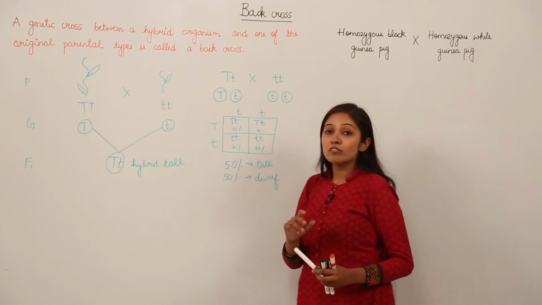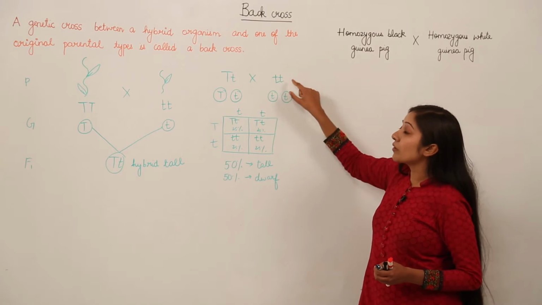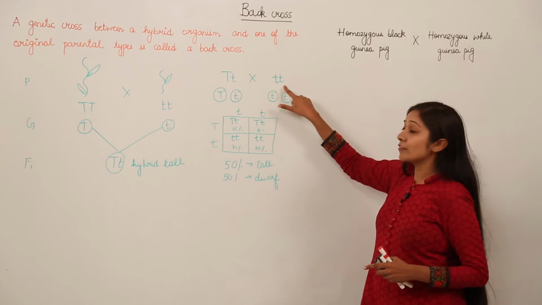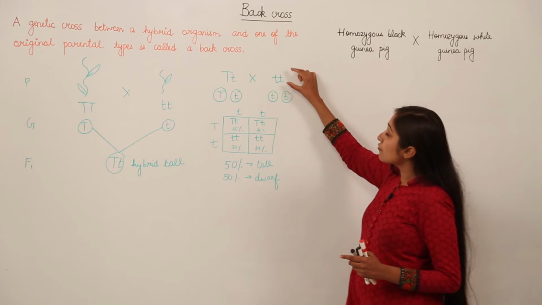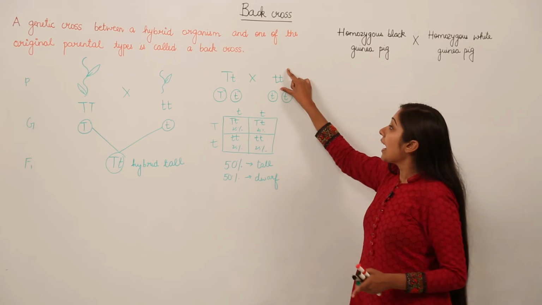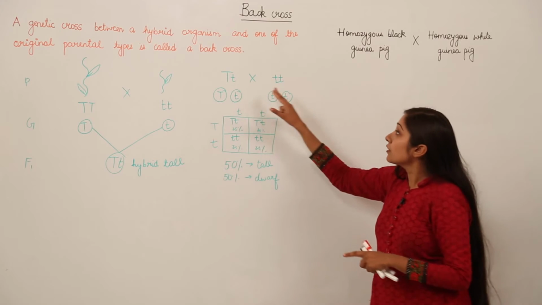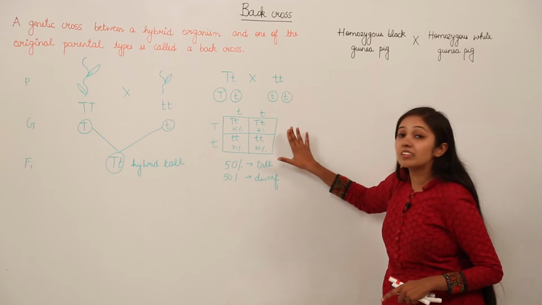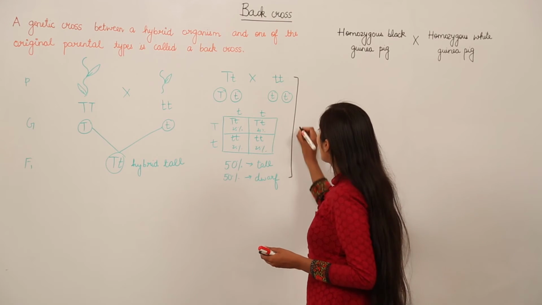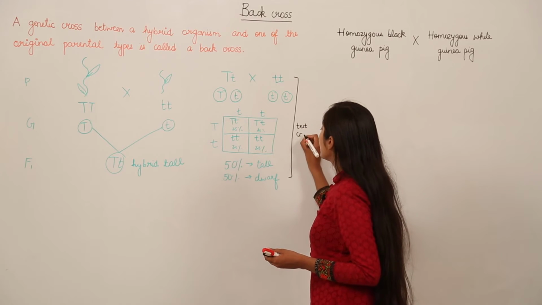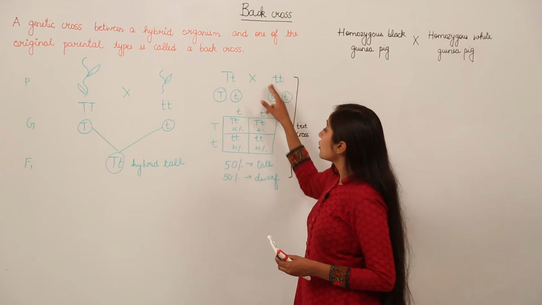Do you remember that in case of test cross, we do a test cross when we have one parent that is purely recessive, you can see. It is encoding for the recessive character since it's homozygous recessive, okay. So when we have one parent as homozygous recessive and we cross it with another parent which may be homozygous or heterozygous, the results are similar with the results of a test cross. So this is also the result of what? A test cross.